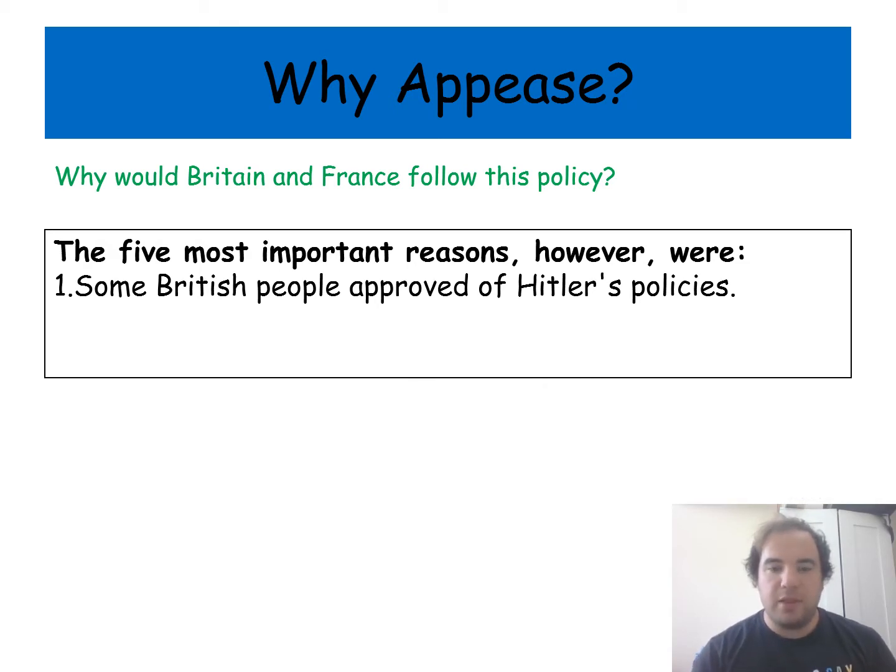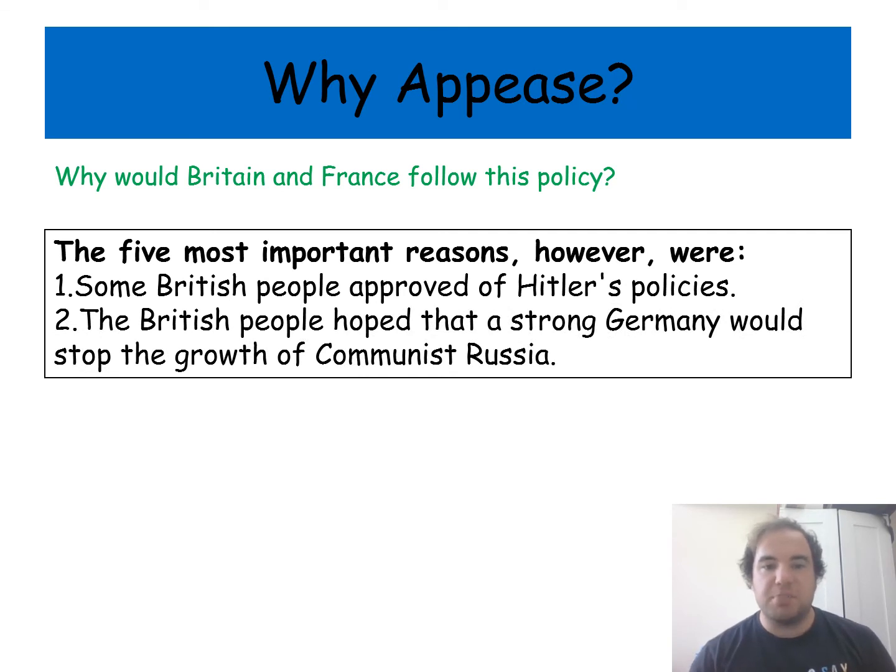And then another reason is that the British people hoped that a strong Germany would stop the growth of communist Russia. We've discussed previously in this unit, as well as our German unit, that there are a lot of people who are terrified of the thought of a communist expansion. And certainly Karl Marx and other key figures within the communist movement had called for a worldwide expansion of communism